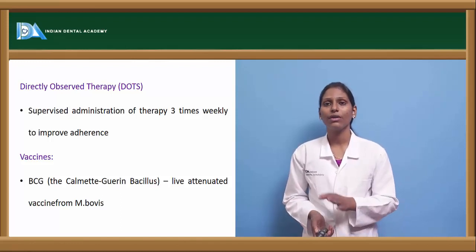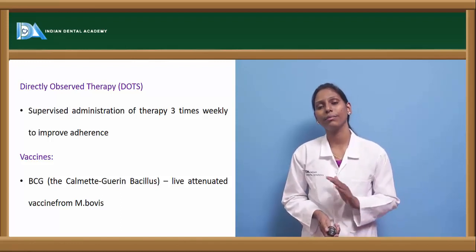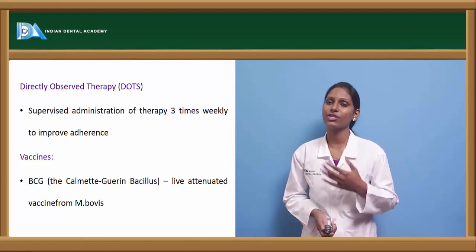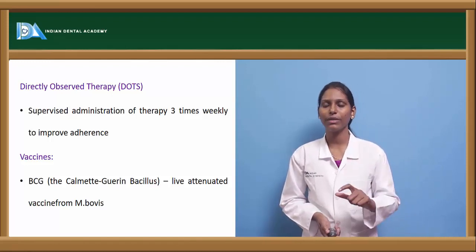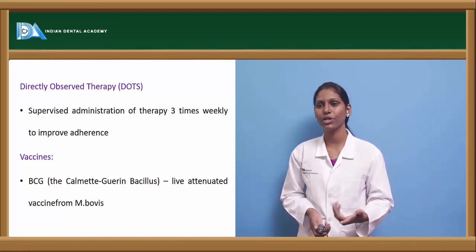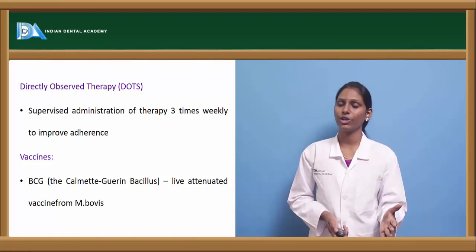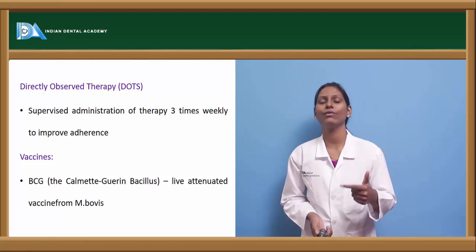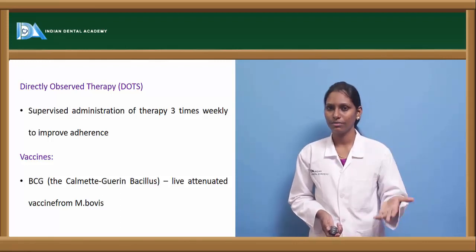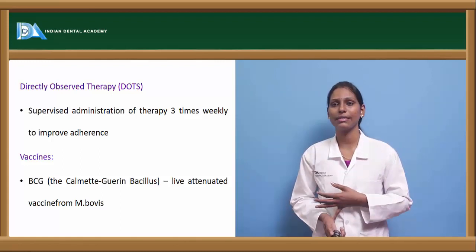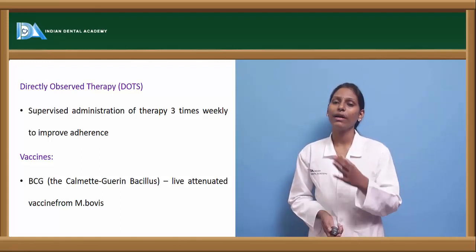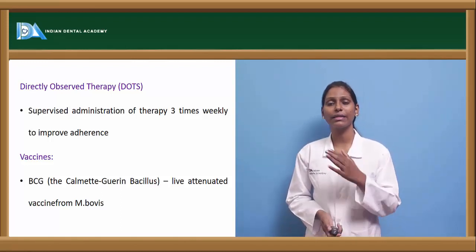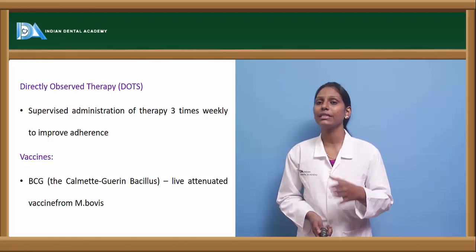So this is about tuberculosis: the various organisms involved in causing tuberculosis, the etiopathogenesis, and how it involves the lungs, that is primary pulmonary tuberculosis and post-primary pulmonary tuberculosis. We have also seen extrapulmonary tuberculosis, which includes lymphadenitis, lymph node involvement, bone involvement, spine involvement, and liver involvement. We also have seen how management has to be done with the help of first line drugs, second line drugs and other drugs helpful in treating tuberculosis.